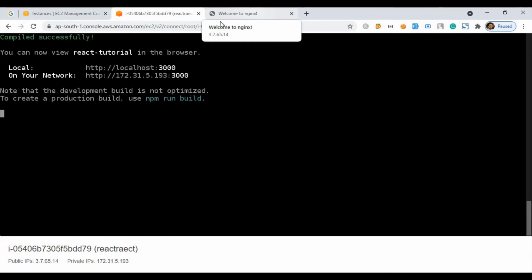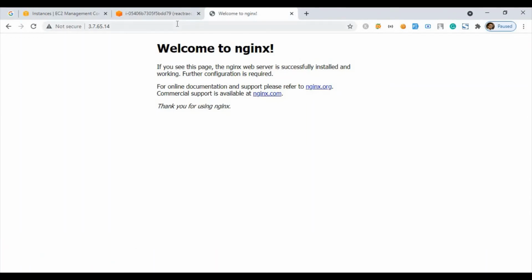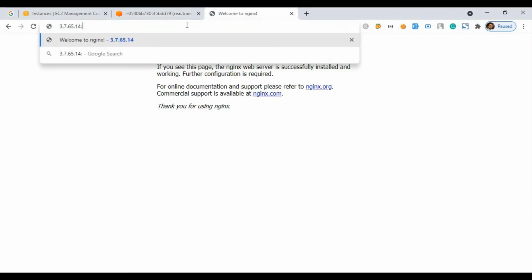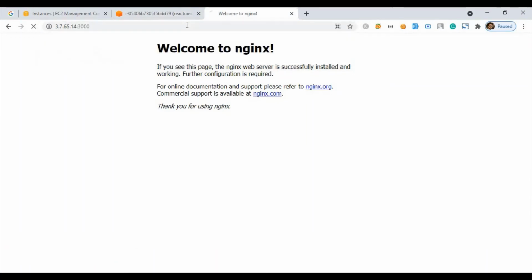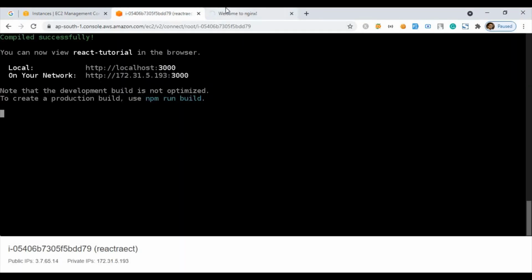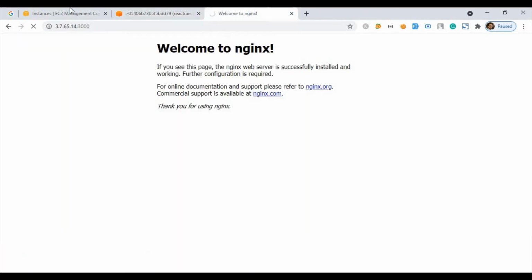It will give you the port and all this. If I just write 3000, my application has to be there. Do you know why it is not coming up on port 3000?